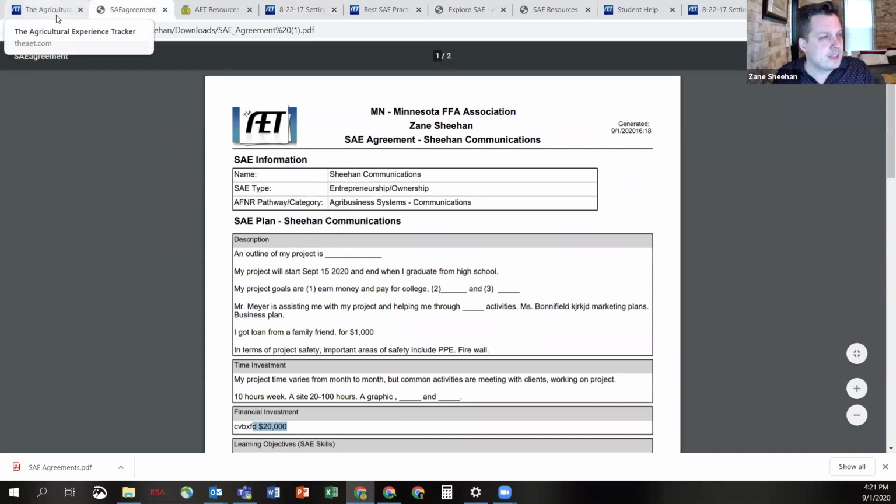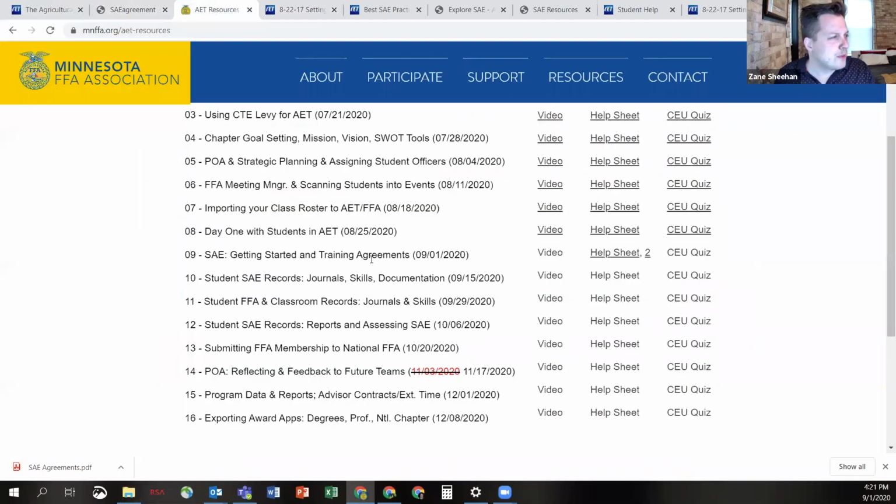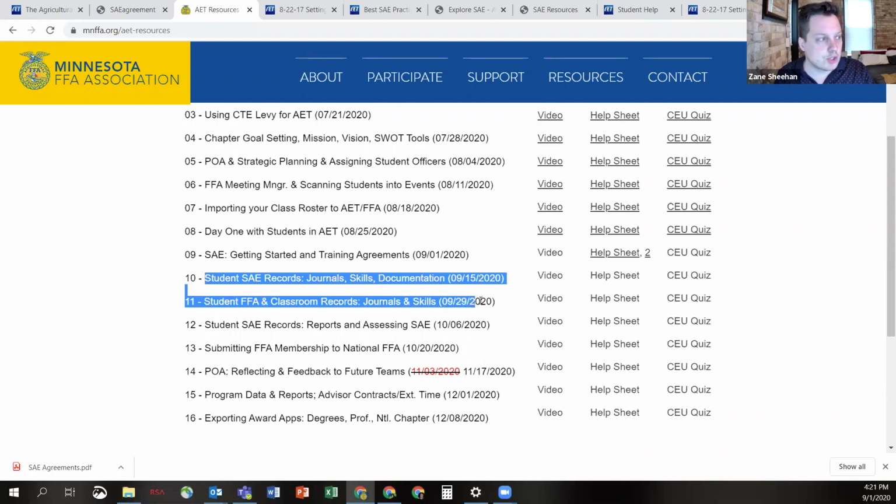So I think that's everything we were pretty much planning on doing. We just wanted to do getting started with students on SAE. I would use Explore SAE, and then we create these training agreements. Usually this probably took a couple days in class. This would work really, really well in distance learning to spend a week or so on it and have them slowly get started. Next week when we come in, we're going to talk about how to do the journals and